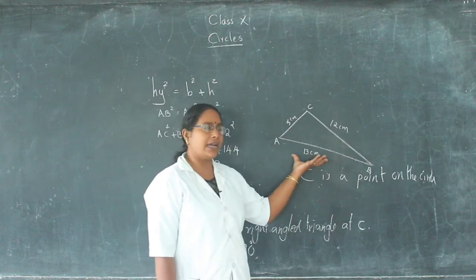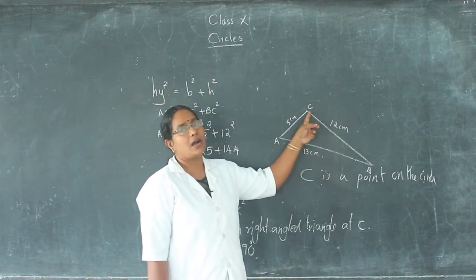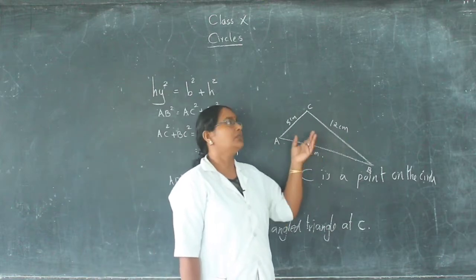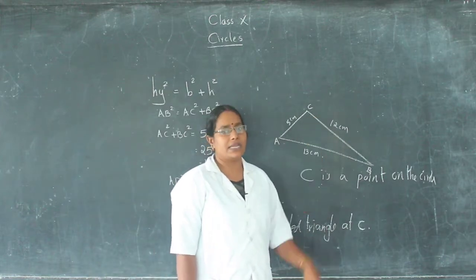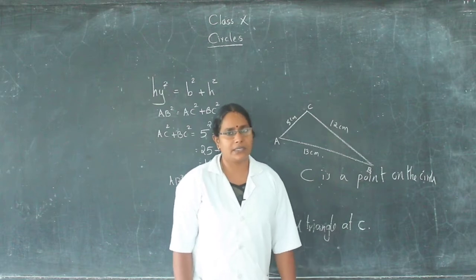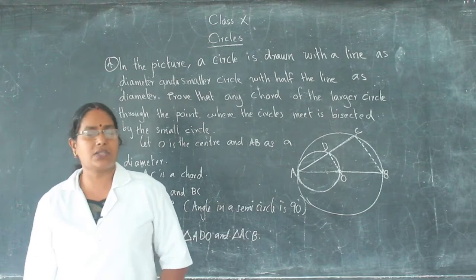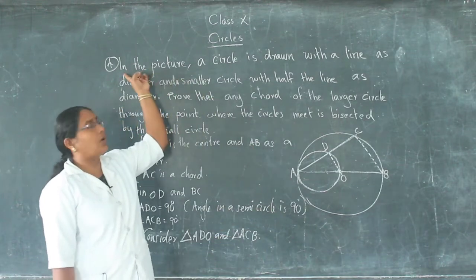Therefore, AB is a diameter, and C is on the circle. Here, using AB as a diameter, what is the position of C? C is on the circle. Is the idea clear? Therefore, this is the third type. Because the next question is 4.